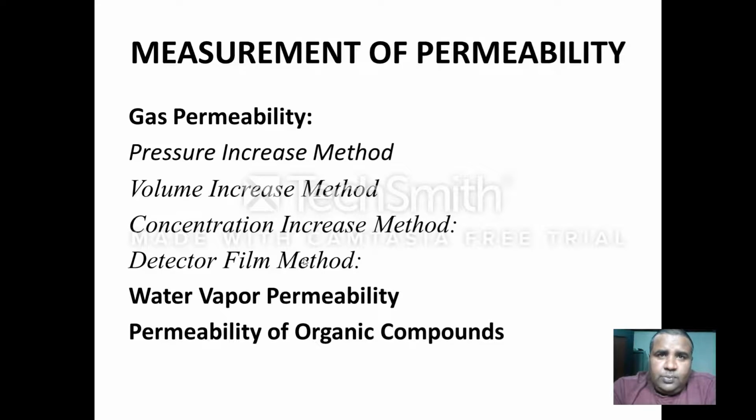So first is the total pressure. Total pressure is the sum of the partial pressures of the two gases. I give a practical example. If there are two gases, one with a partial pressure of 100, another with a partial pressure of 200, then the total pressure exerted by the gases in the same volume will be equal to 300.